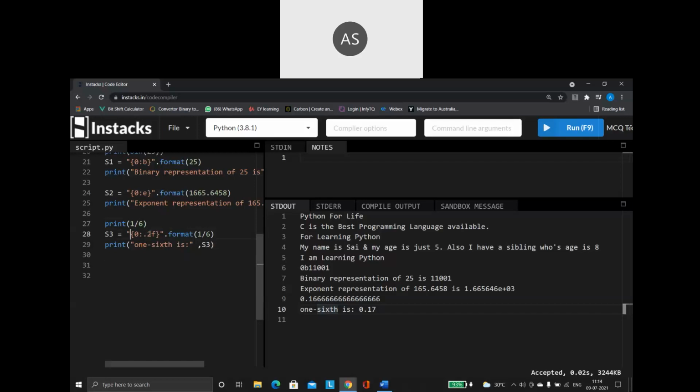I will say format specifier within the curly braces, zeroth value, that is the first value, colon 0.2f. I want only till 2 decimal points. Suppose if you are giving here 0.4f, see what happens. Up to 4 decimal digits you are getting. If you are giving here 0.0f, then see what happens. No decimal point. It will not come at all. It will give you only the whole number.